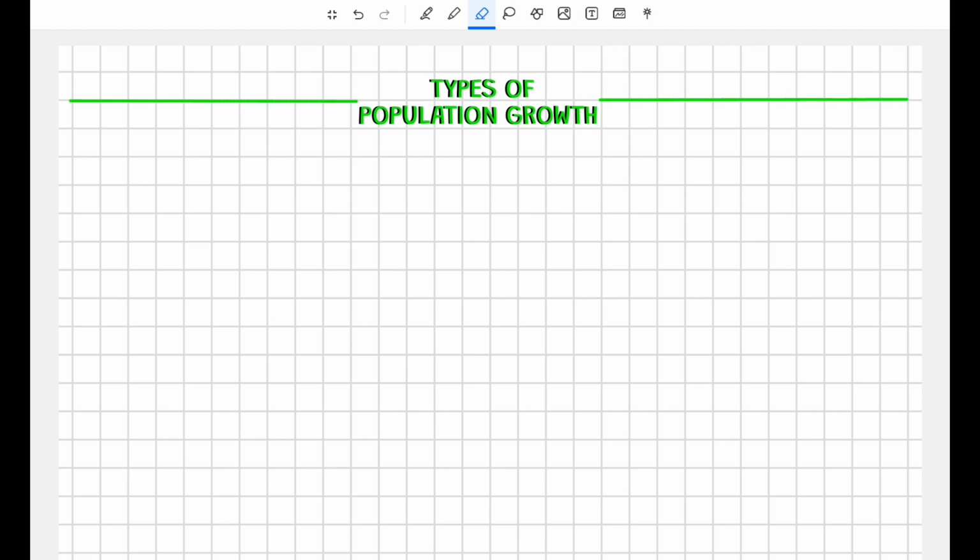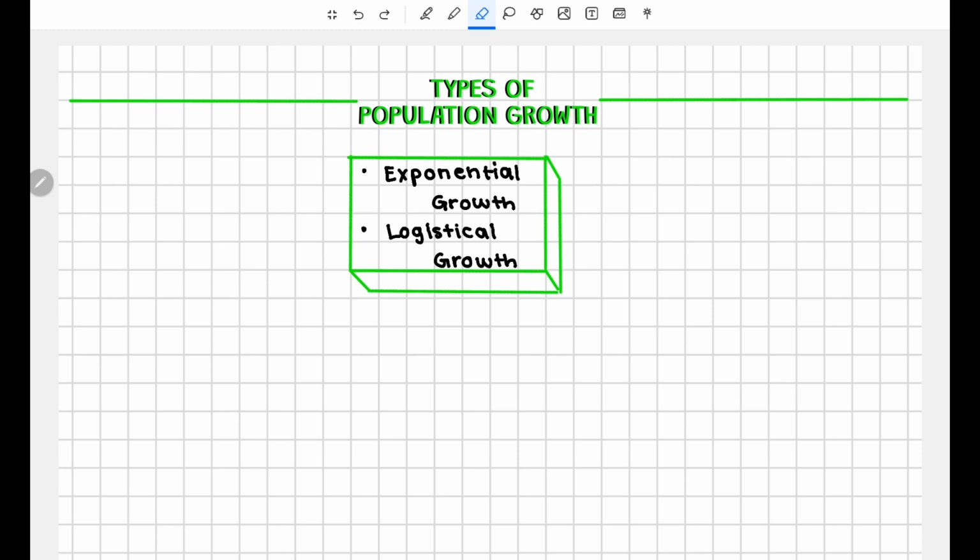So let's get started. In the last video, we covered population growth, and we started to talk about factors of population growth, such as birth rate, death rate, and immigration and emigration. But today we are going to be talking about two different types of population growth: exponential growth and logistical growth. We're going to go into both in more depth. So let's start with